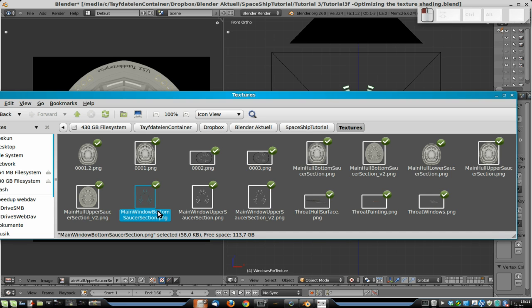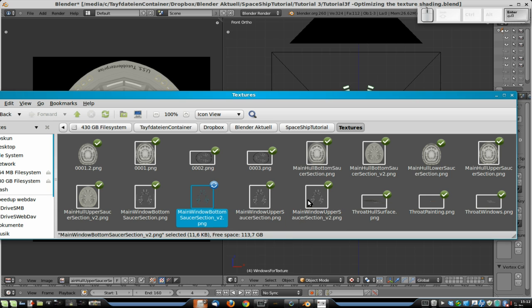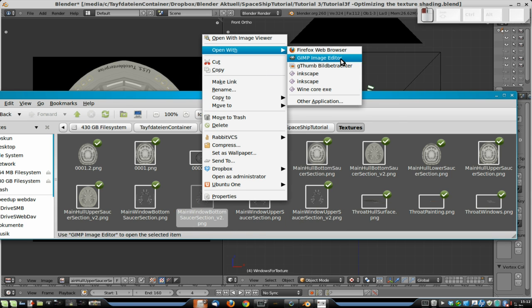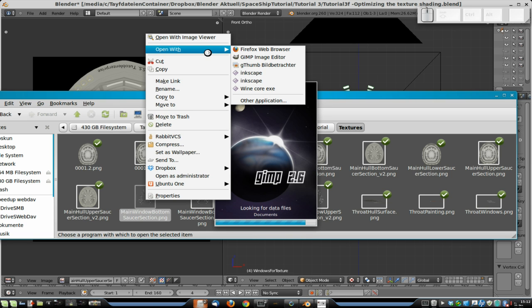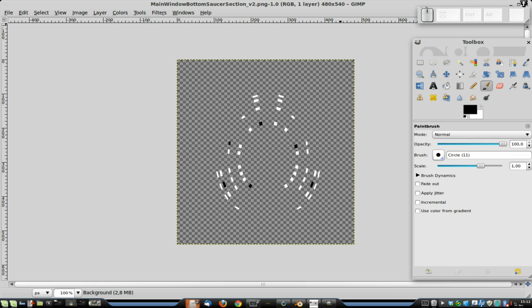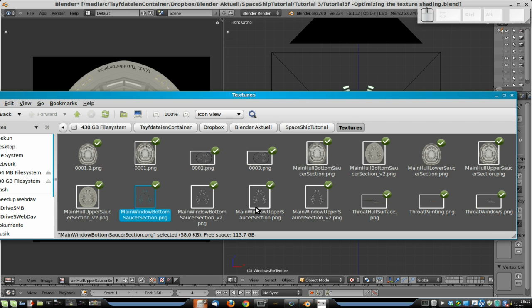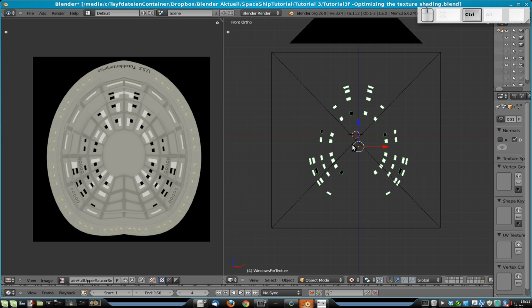So let's see, main window button. This is this version 2 one. Oops. And now, where is the version 1 for the bottom version? That's this one. Version 2. Just one thing. No, actually bad idea. Bad idea. Go away. For now it's okay. Like that. So save it again and